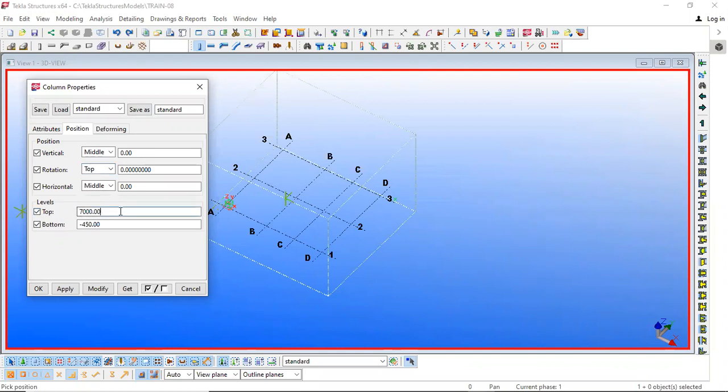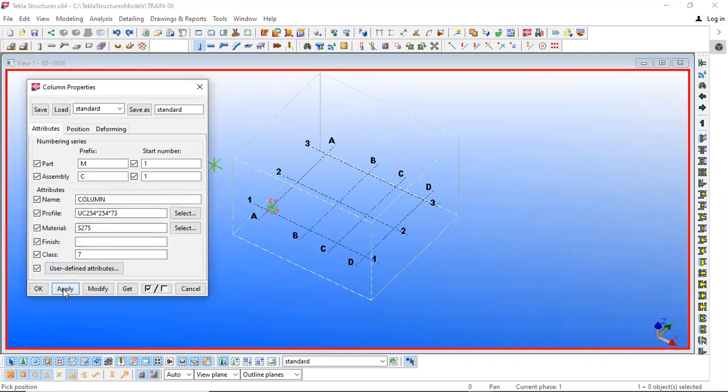Right, then this important part is, in columns we have these levels, top and bottom levels are given. So a column will start from a certain level and end on a certain level, right? So it is defined here, it is predefined, right? So whatever column you are placing, you can predefine it here and then apply it, and then go on adding those columns simultaneously, right?